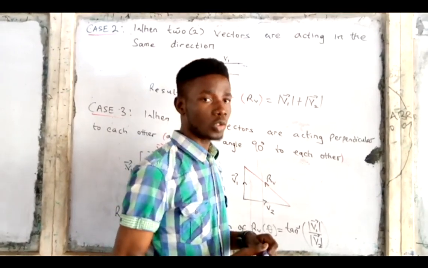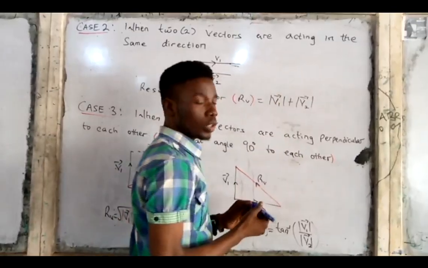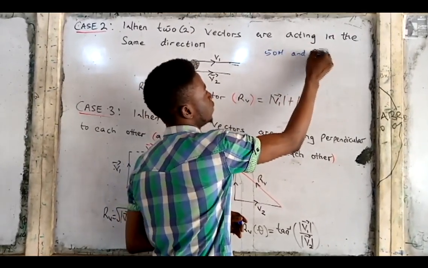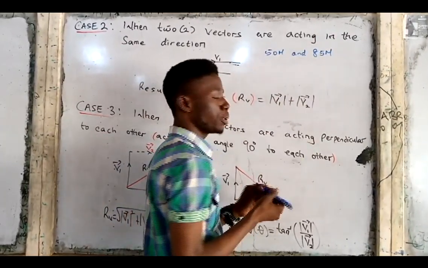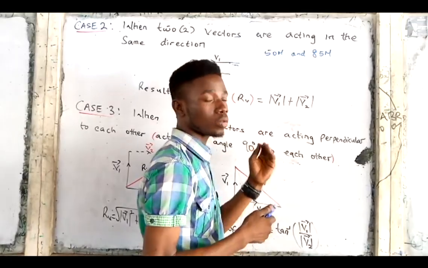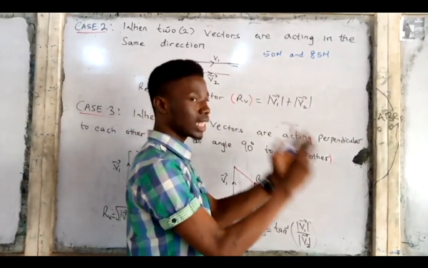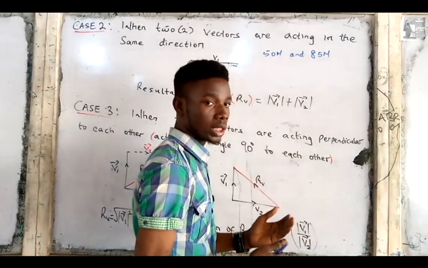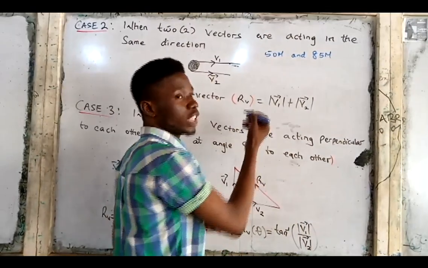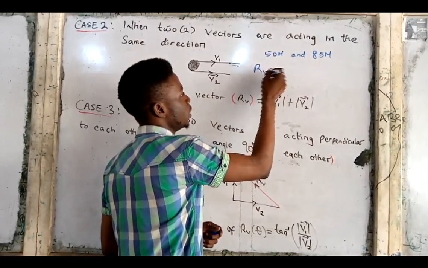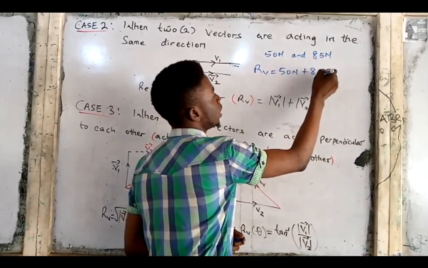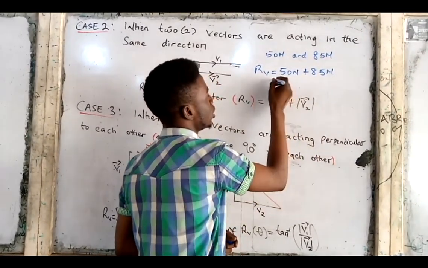Remember from the example we treated earlier, we say we have two forces, 50 Newton and 85 Newton. But in the previous example, they were acting in opposite direction. But now, let us assume they are acting in the same direction. What will be the magnitude of their resultant force? The magnitude of their resultant force, RV, will simply be 50 Newton plus 85 Newton, which will be